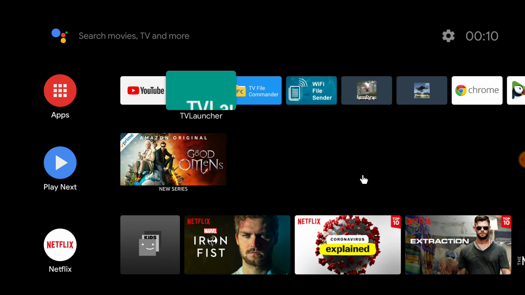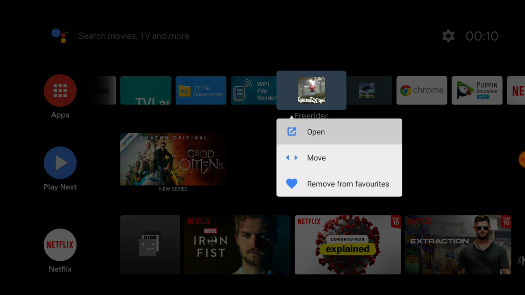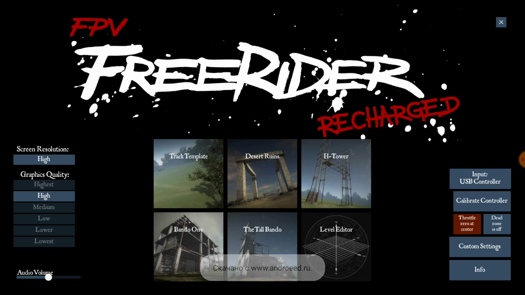This is hopefully a fairly short instruction, sort of show and tell really, on FPV Freerider Recharged. The Android version played on the Nvidia Shield TV. I'm using a trackpad and keyboard. Trackpad and mouse is really more preferable. It's a little bit clunky, as you'll see in a minute, but I can go over very briefly a